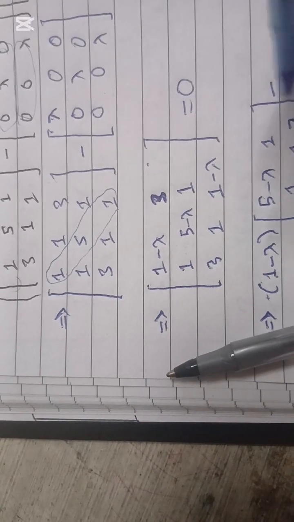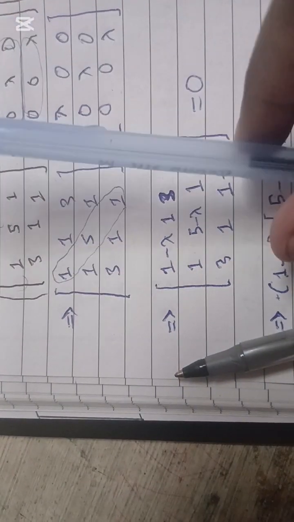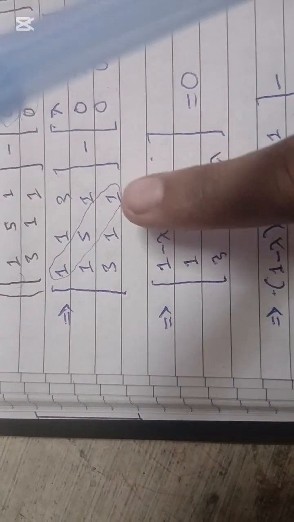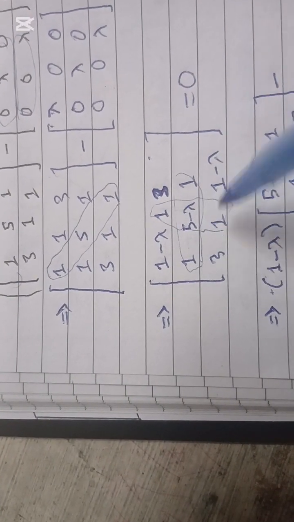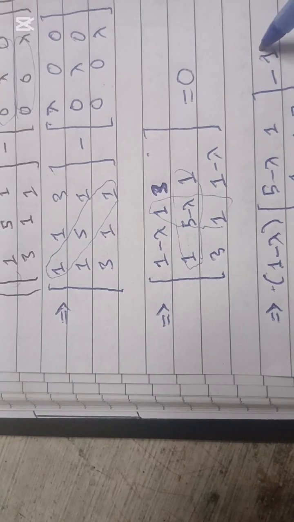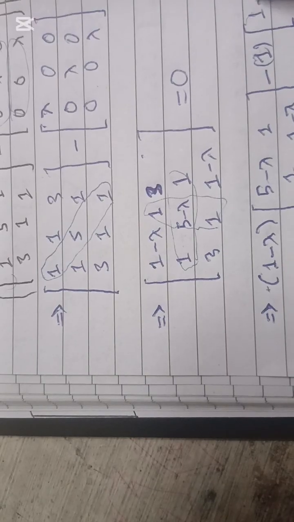So for our second, this one is 1, you will put your hands like this in the middle, and the remaining elements will fill this. So 1, and our remaining elements are 1 minus lambda,